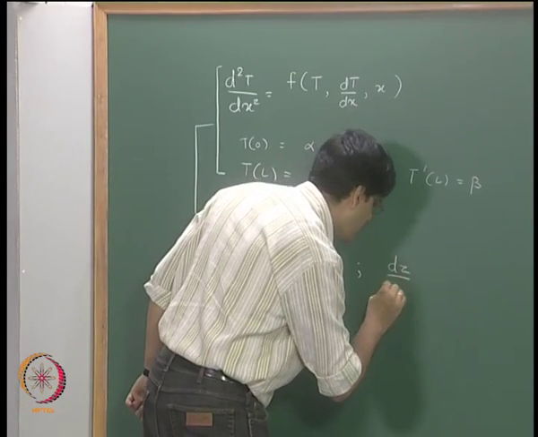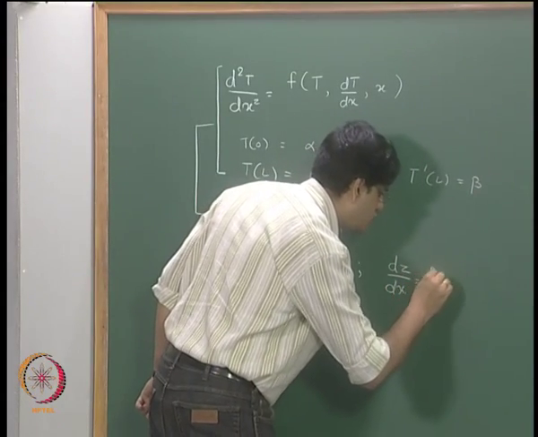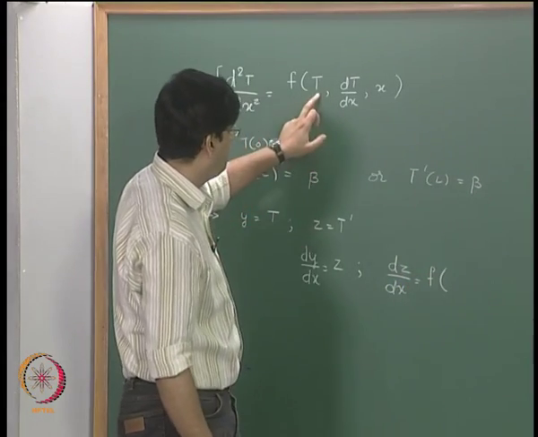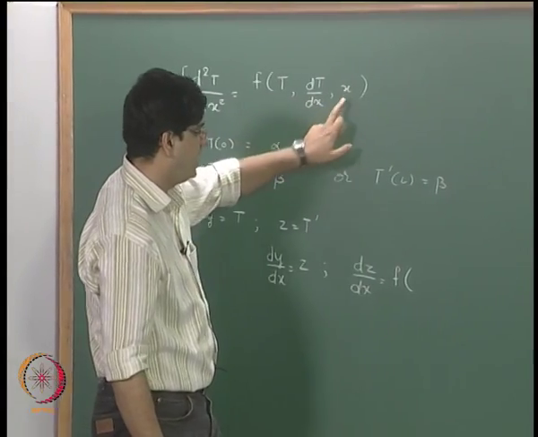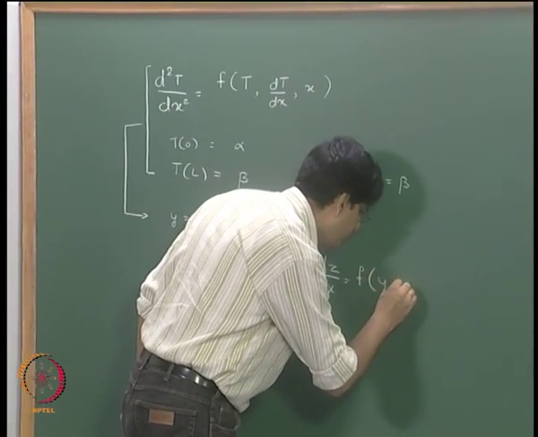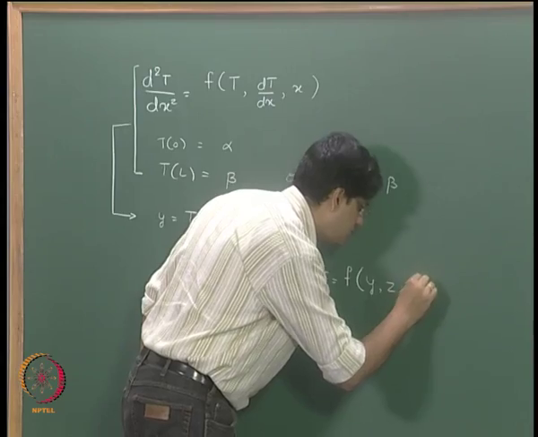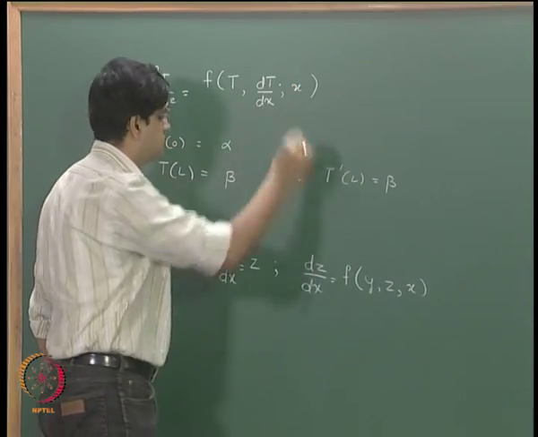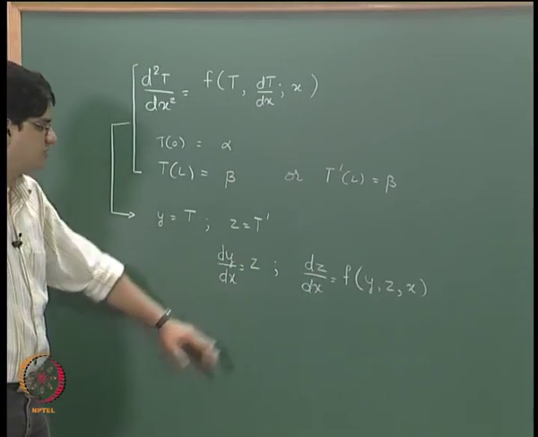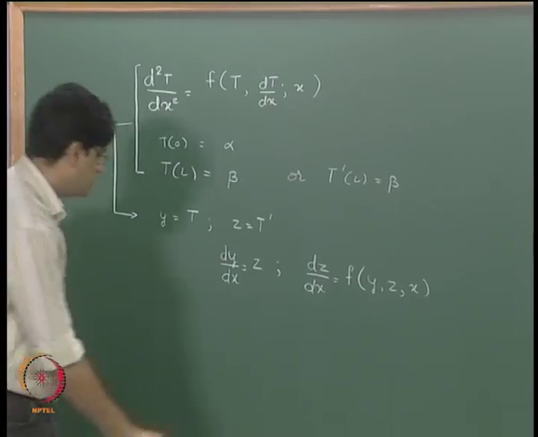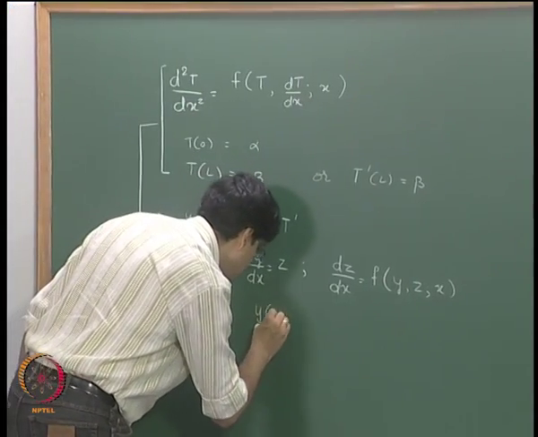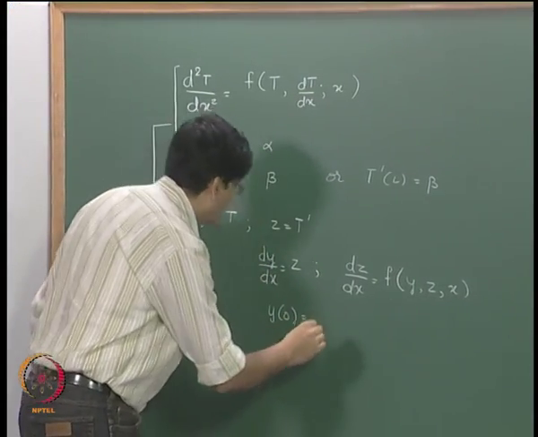So, dz by dx was equal to function f of y, z; x. And these were subject to the boundary conditions y(0) equal to alpha,